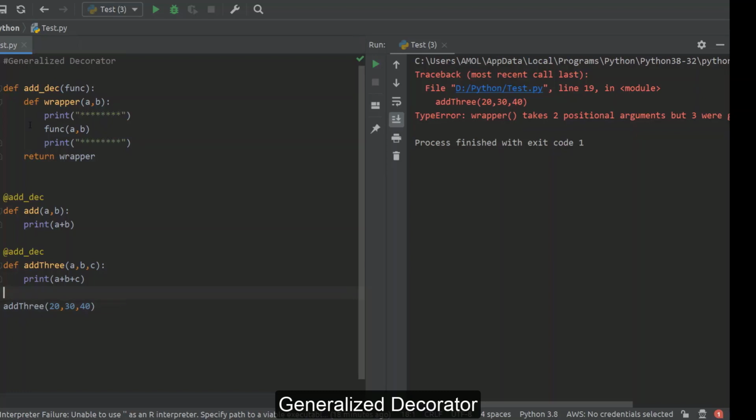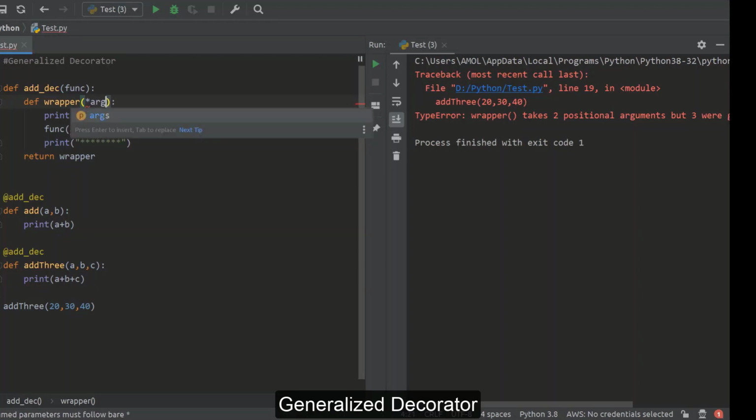In that case, you can take help of these two argument types we have seen previously also, ARGS and KWARGS. When you write first argument by using asterisk, it means that you can go with any number of positional arguments. By using these two asterisks like over here, it means that you can go with any number of keyword arguments also.